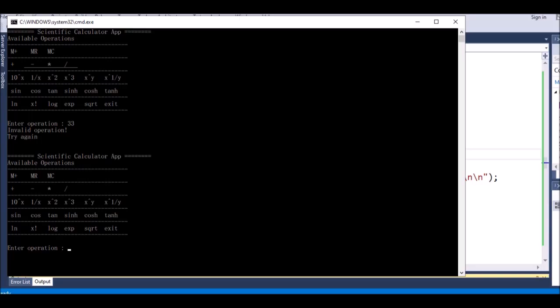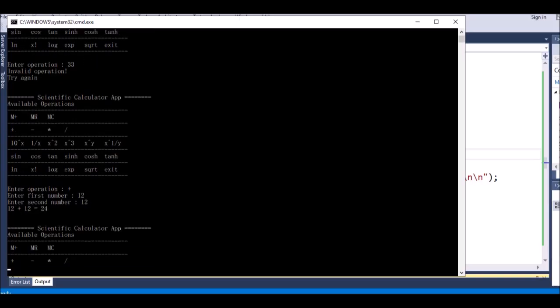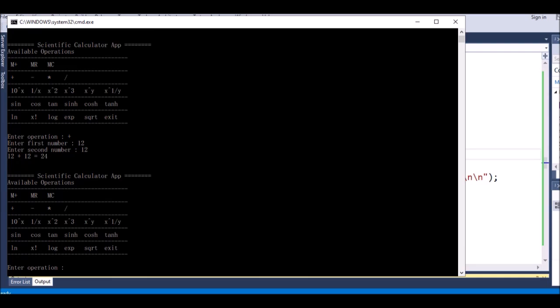For example, I want to make adding. I put 12 and 12. So now you see that the result will be displayed in this statement: 12 plus 12 is equal to 24. And for example, I put